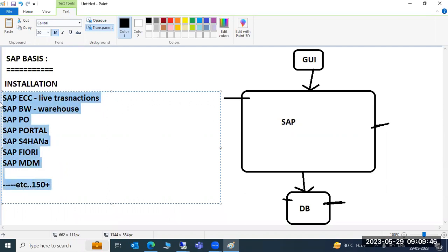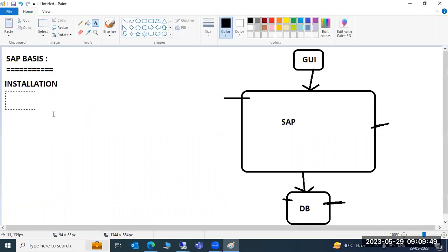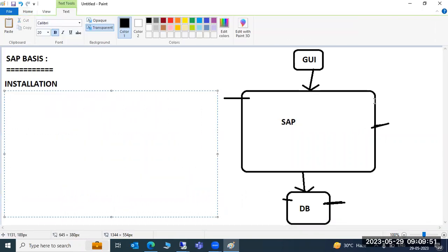So as part of this basis administration, what are we first going to discuss? What we discussed till now is that SAP is a three-tier architecture. In this three-tier architecture, the presentation layer means your browser, then the SAP layer, which is the application. Application in the sense that when you open your browser, IRCTC, Amazon, Flipkart, banking sites, these are all applications which are mapped to the SAP application, right?